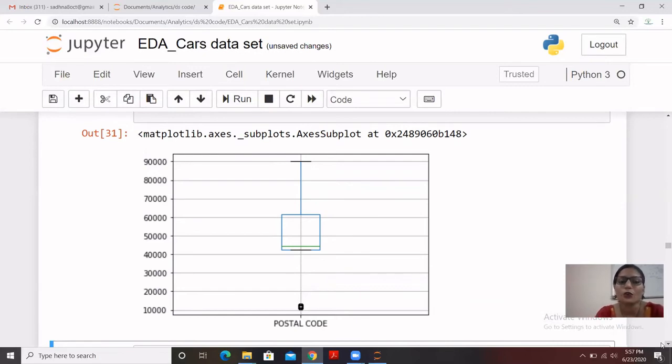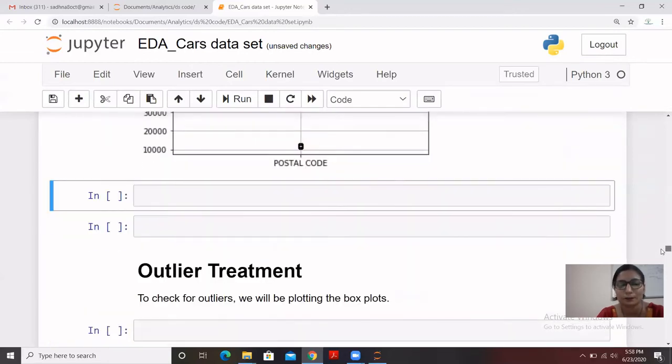Now you understand how to detect or find out whether we have outliers in our column or not. We can use a box plot, we can use a scatter plot, and we can use z-score as well. I'll be discussing the other options in further videos, but today we are talking about the box plot. So you understand how to interpret the box plot. These are the minimum and the maximum range, and that is your first quartile, which we call Q1 or the 25th percentile. This is the Q3, your upper quartile, and that green line is your median, or you can say the 50% part of your data.